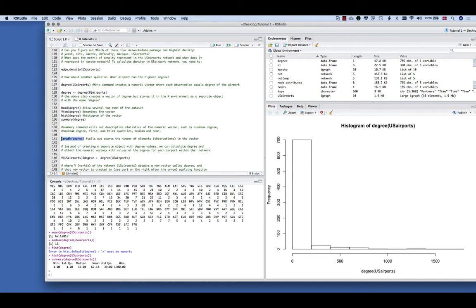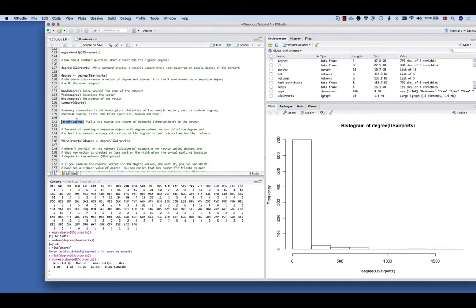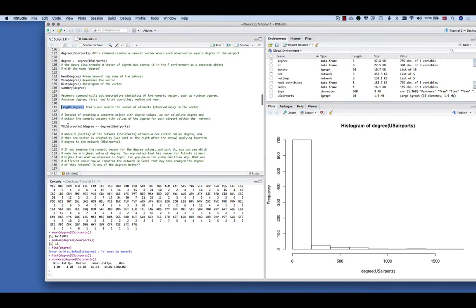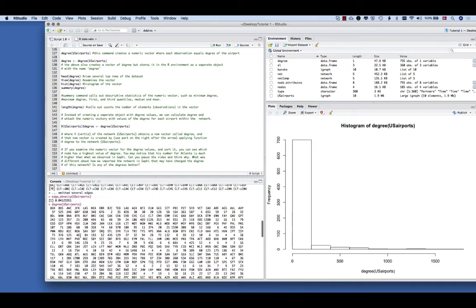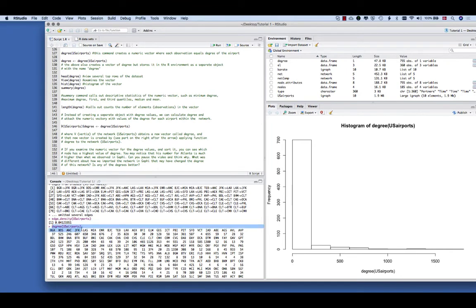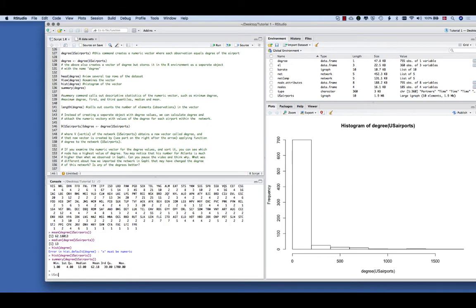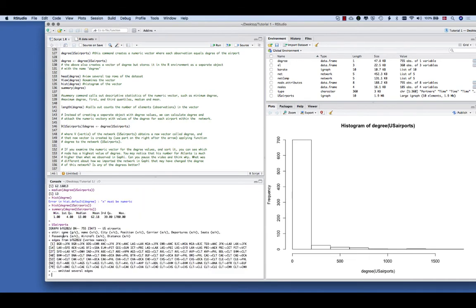We could also look, well, that's not so interesting because we know the length of the vector. Right, so one of the important things that you may want to do once you conduct those calculations over the network, once you run your function degree over the network, you produce a vector, but this vector exists separately from your network. So what you may want to do is assign an attribute to a node that would give you the value of the degree. So to remind you, if I just retrieve the information about this network, we have some